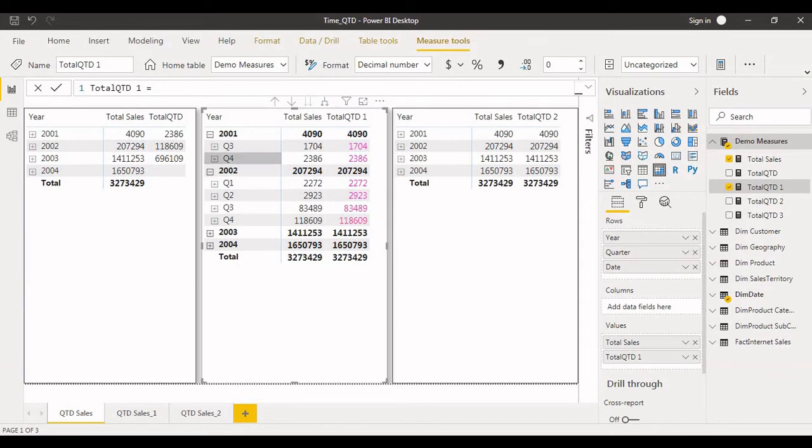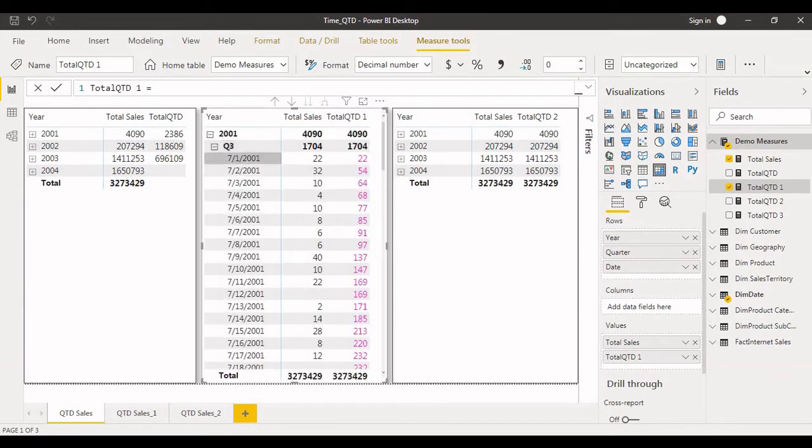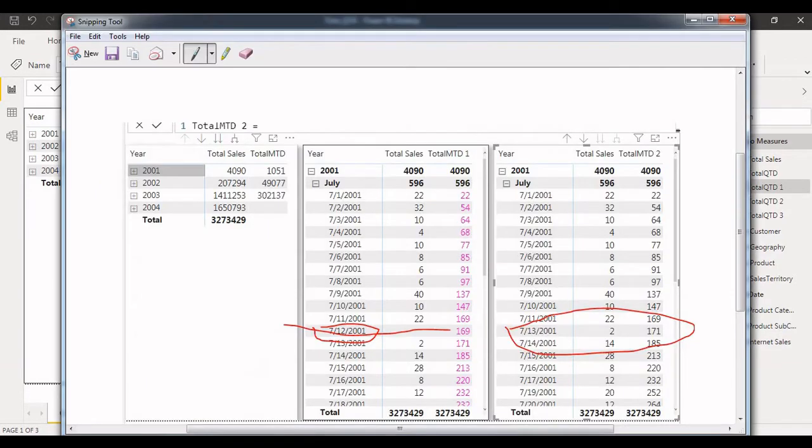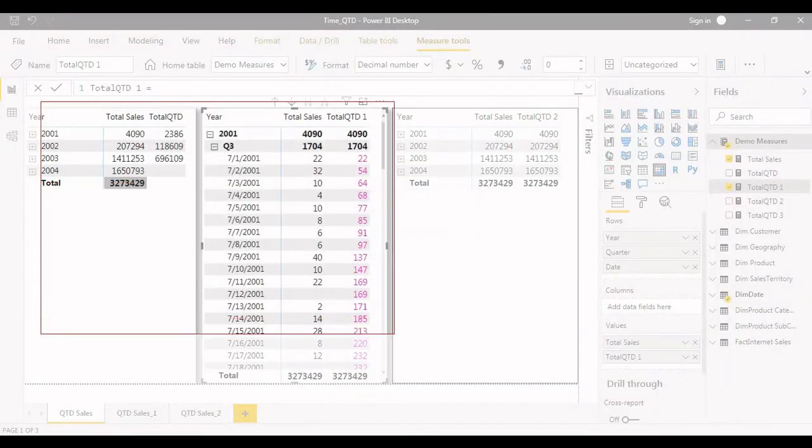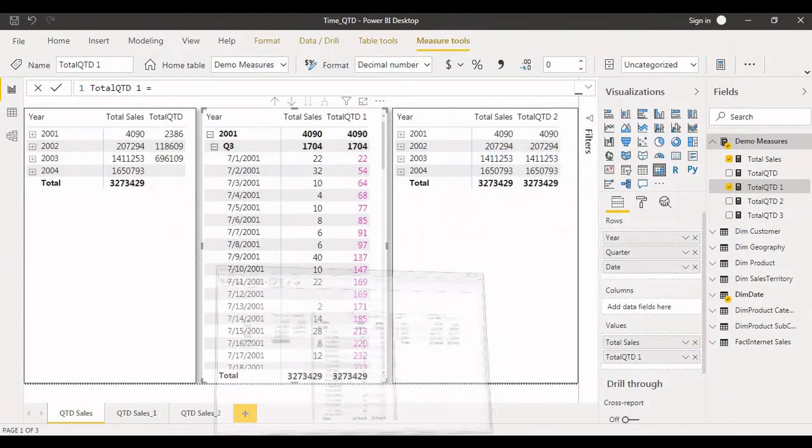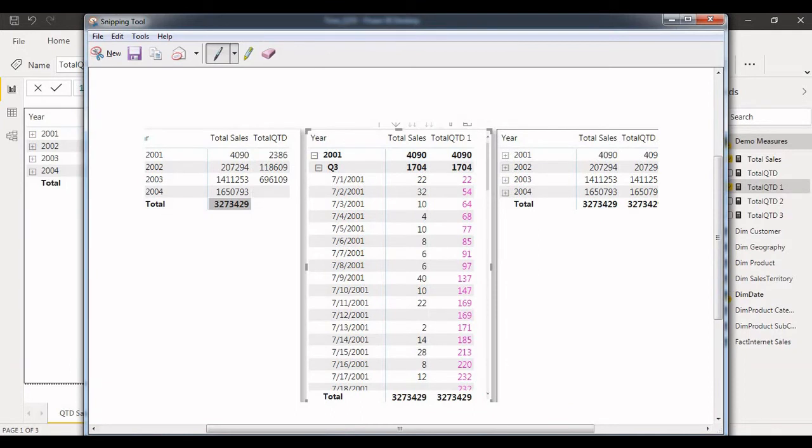When you drill down to the further level, it's quarter 3, and we see each individual sale. So 22, it's summing up day-wise for quarter 3. And also we can see some blanks, because we don't have sales on 12th of July. So on this date we don't have sales. Even though we don't have sales, it's repeating the same thing, 160 numbers, same thing for the 12th also.